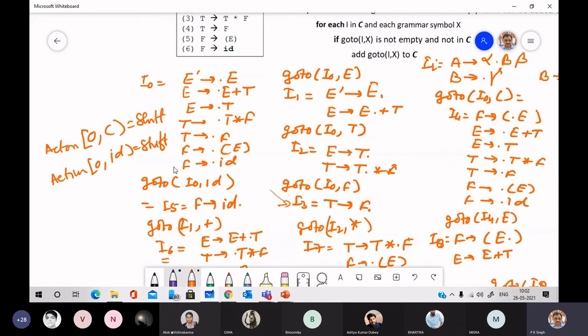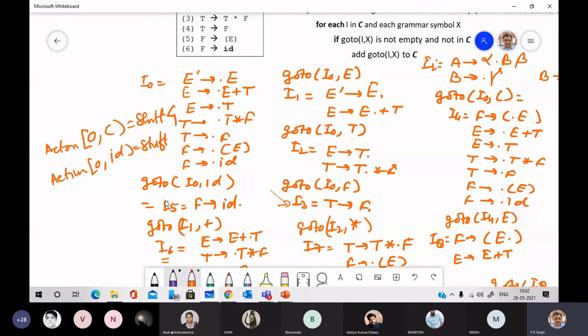But we have one more entry, that is the state. You can get that entry by finding the go to operation. Go to I0 opening bracket is I4, so it will be shift 4.